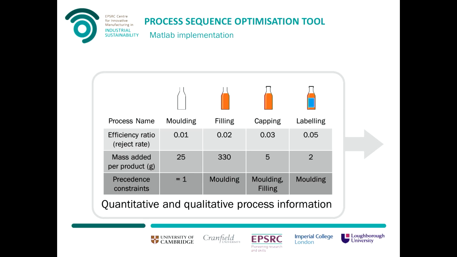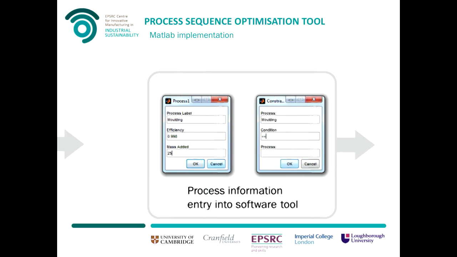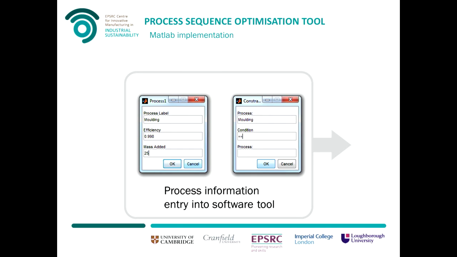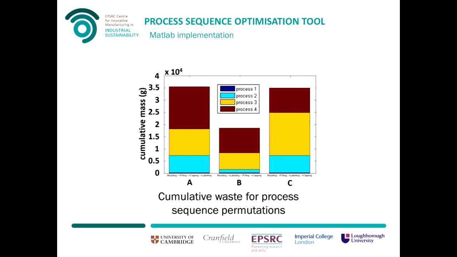So just quickly, the data, qualitative and quantitative process information for those processes. You input the process information for each one, and then some calculations happen, and it kicks out the permutations that a production can